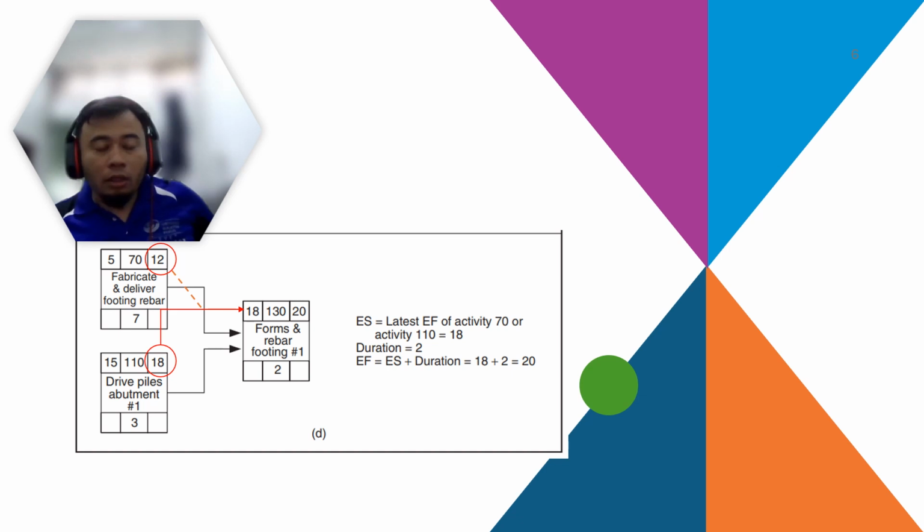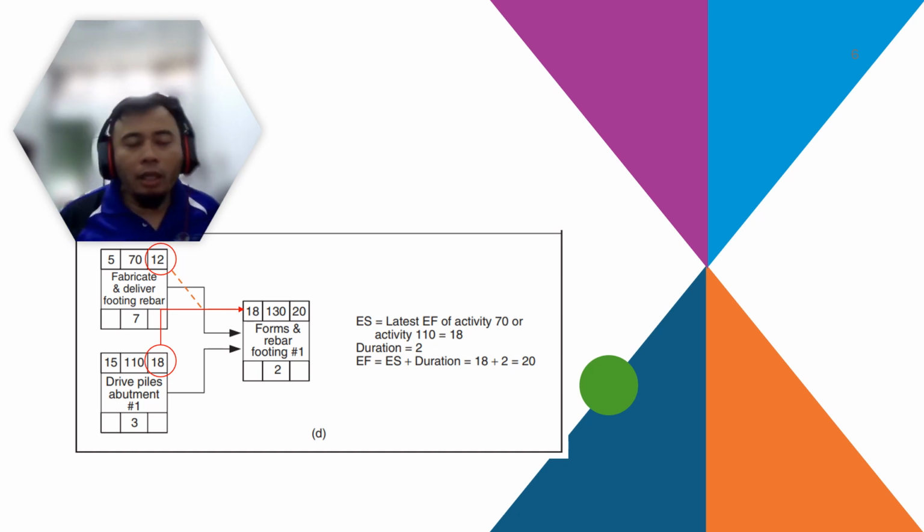There is another type of connectivity between activities, which is two tasks that need to be completed before you can start a subsequent task. For example, here you have fabricate and deliver pudding bar, task 70, and task 110, drive piles to the abutment. You need to complete these two tasks first, and only then can you start rebar and form